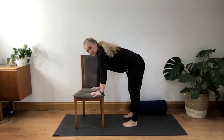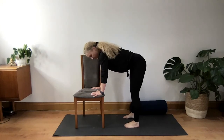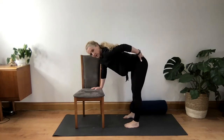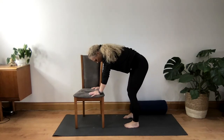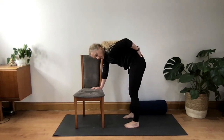So bringing the hands underneath the shoulders, feet are underneath the hips, and the knees a little bit soft, and allowing yourself to make a few hip circles here. So reaching the bottom back and up if you can, and allowing the tummy to tilt forward and down, and then maybe soften the knees and pull it all up and see if you can round that lower area of